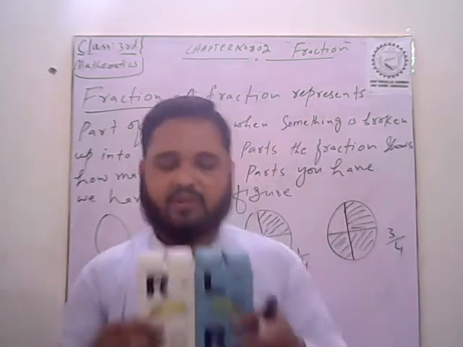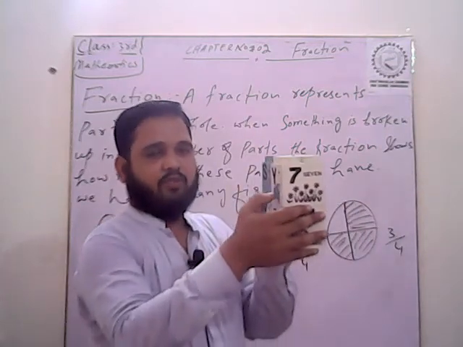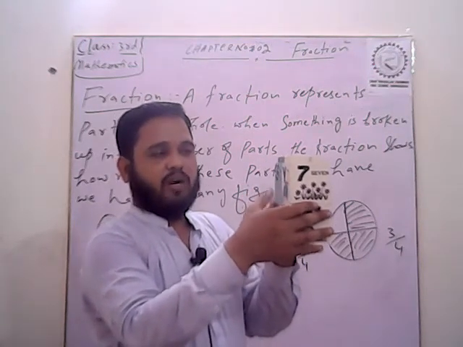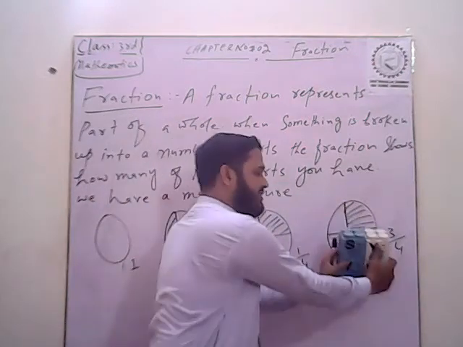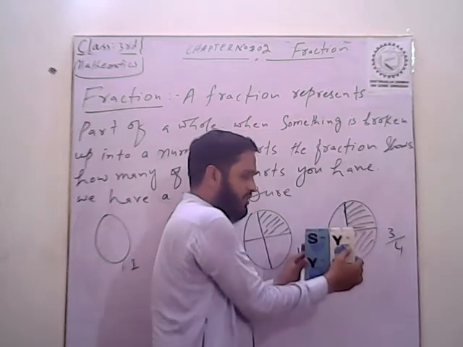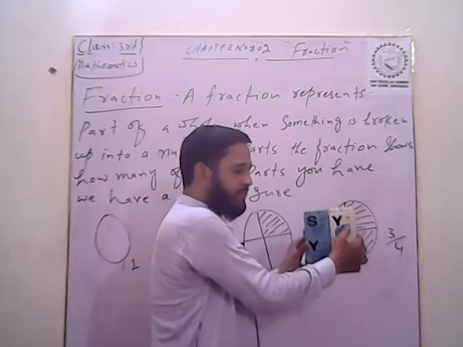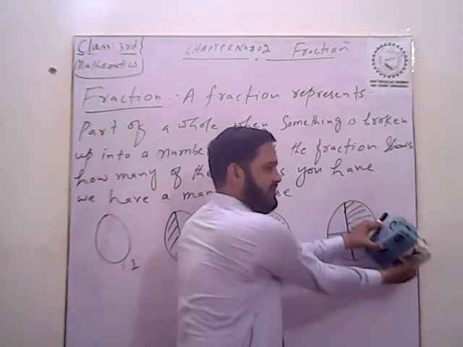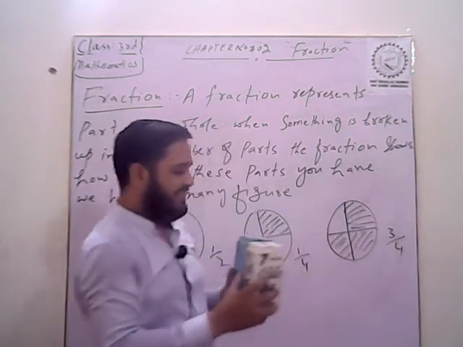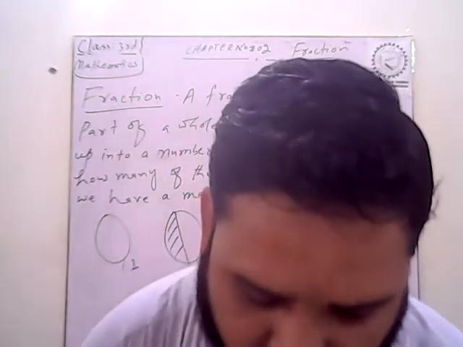Student, if we color 1 part, there are 4 parts here, square figure, 1 part, 2 parts, 3 parts. For example, this is a circle and this is a square. Here 4 parts and here 4 parts. I can say the color is in 3 parts. 1 part is colored, and the second part is colored, and the third part is colored. Then we write in the form of 3 upon 4. Okay, students.